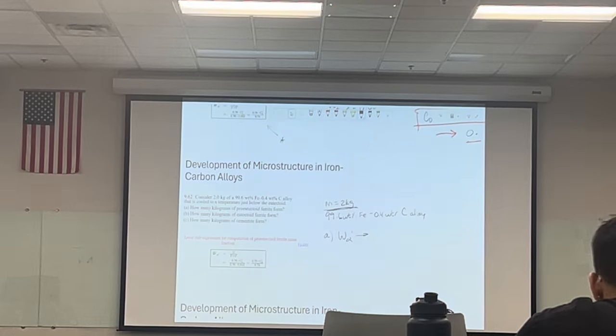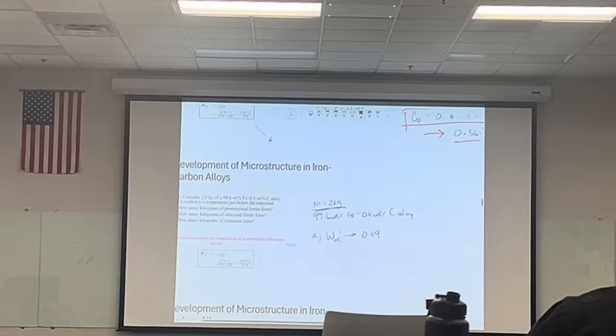So our W alpha prime is going to be equal to 0.49. And if we write that out,